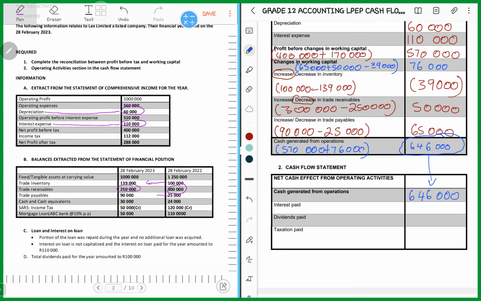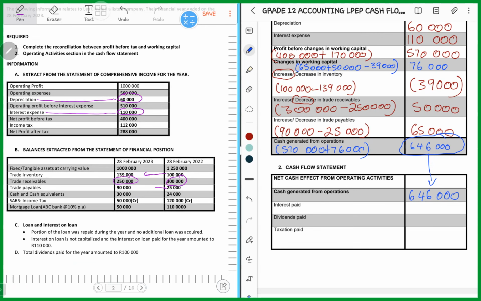Remember, since we went through the information, we were told that interest on the loan is not capitalized, and the interest on loan paid for the year amounted to 110,000. So this one, we are not going to wander around. We're going to come here and say interest paid. Remember, they said they paid it. Anything that says paid is an outflow. So it means that we're going to have brackets here. The question is, how much are we going to record? We're going to record the 110,000 for the interest on loan that was paid. So we're going to say